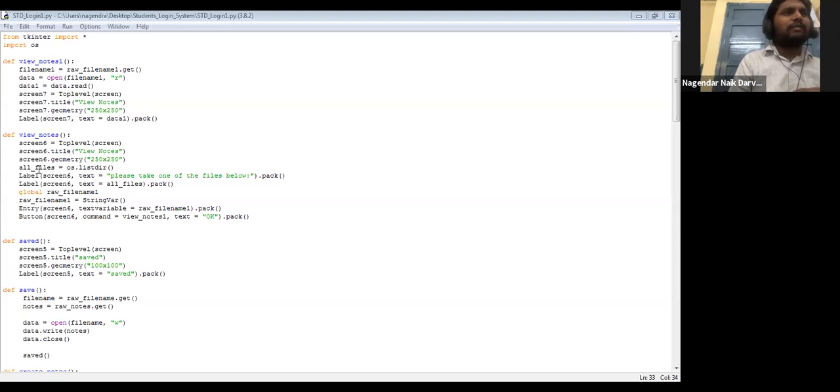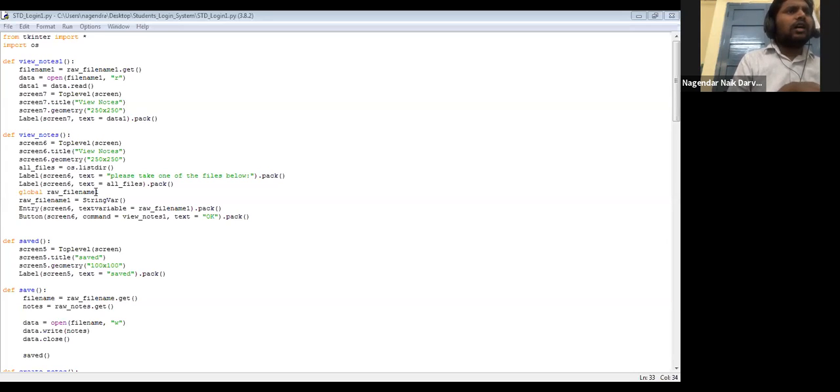It is accessing all files. So when you see "all files" here below, you need to make a statement to choose any one file from all those available among the files below. Here "all files" is showing all the files in that directory of the operating system.